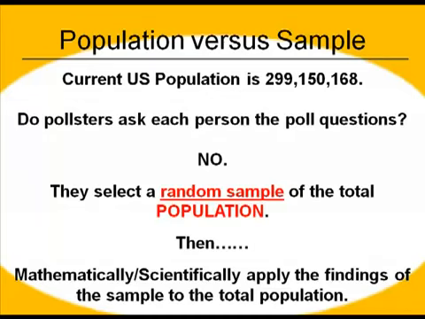Okay? And then one last thing that we need to know about sample. Sample is very important, because the larger your sample, the more reliable or the more accurate your poll is going to be. So if we've got, for example, 300 million people that live in the United States, if I only ask 10 people that question, there's a big difference between the sample size and the population size. And the chances of the answer that your sample gave you matching up with your population isn't very good. So the larger your sample is, the closer you're going to get to having the poll have a really, really legitimate chance of